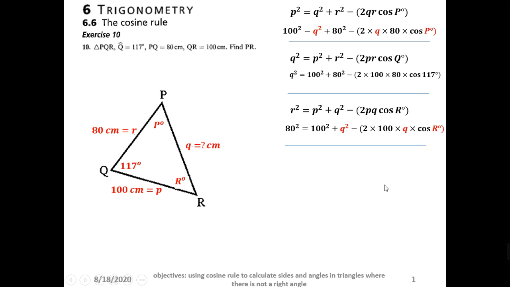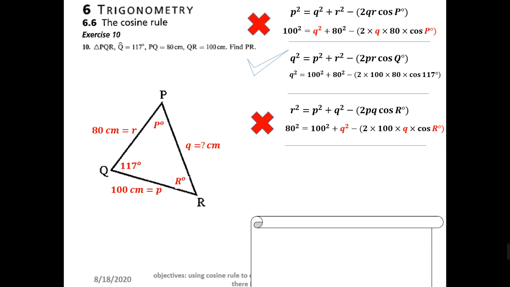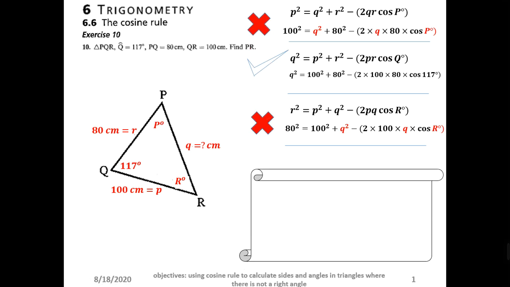So this equation cannot be solved. So we're going to exclude the first and the last options of applying the cosine rule, and we're going to stick to the one in the middle. So all we need to do here is insert this into our calculators and find Q squared, and then square root each side. Square root each side, and you're going to end up with Q is equal to